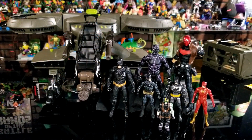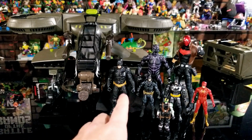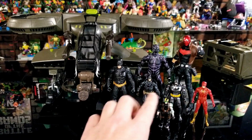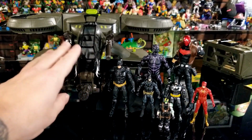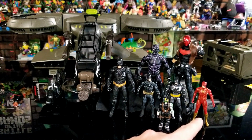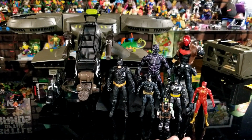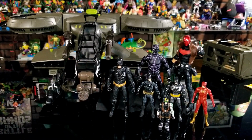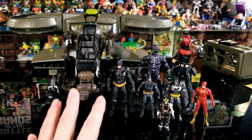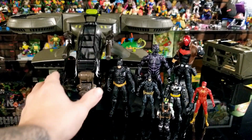All right, real fast, I wanted to show you guys a quick comparison of a bunch of different figures right up next to this DragonHawk. And as you can see, all of these figures are a lot bigger than this little figure right here that came with it. None of these figures, I've already tried it, are going to fit inside there at all. No matter how much I tried to bend their legs, even that new Flash figure from Spin Master, I tried bending his legs all to crap and I couldn't even get the canopy closed. So none of the figures are going to fit inside of it, but as far as standing next to